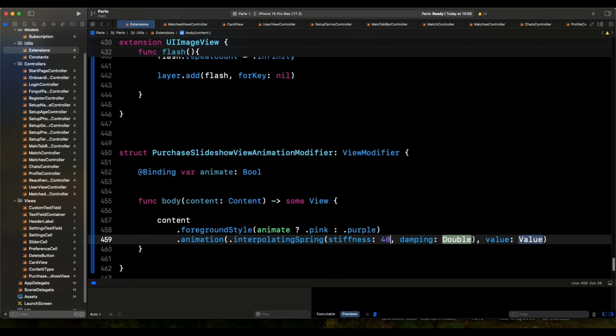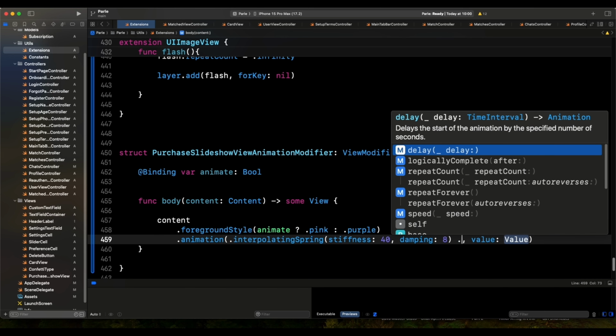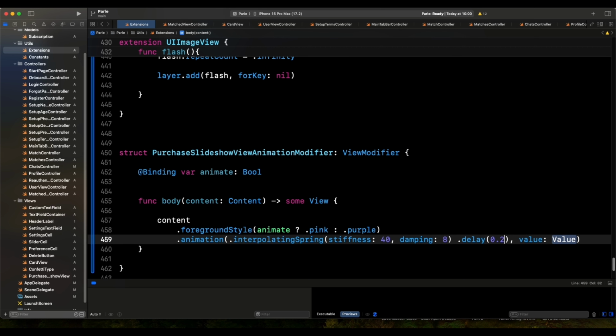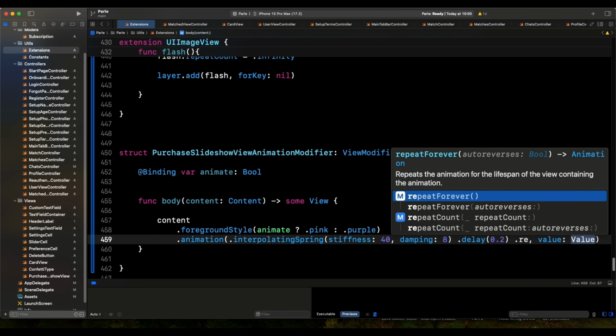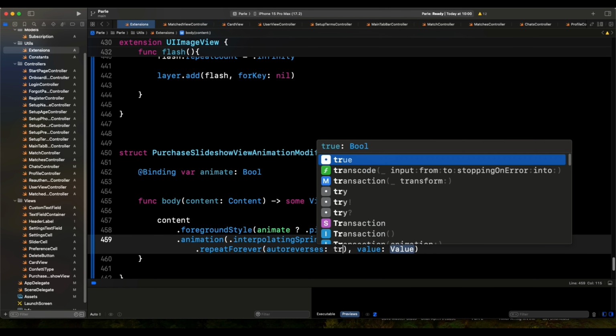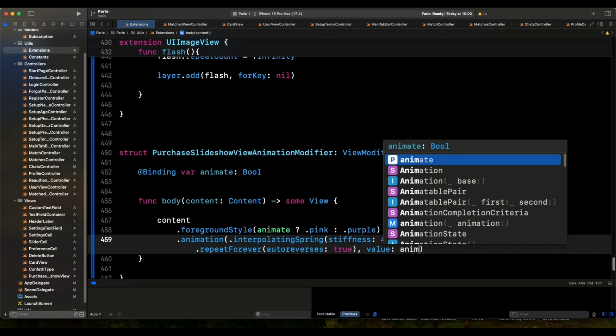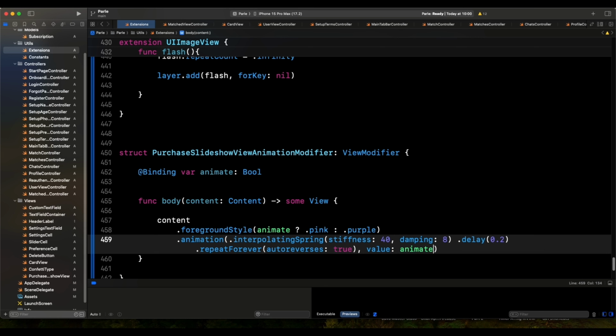The stiffness we're going to put in a 40, the damping is going to be an 8, it needs a delay, so we say dot delay is going to be 0.2 like so, and it needs repeat forever, dot repeat forever, and reverse is going to be true, value is going to be animate, right? That's done. Now you could further simplify it to make it easier to call, right? But what we're going to do is just come here,